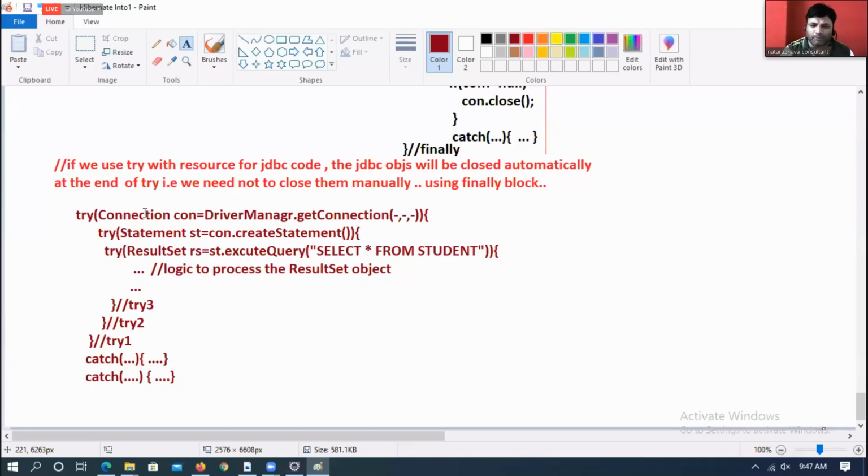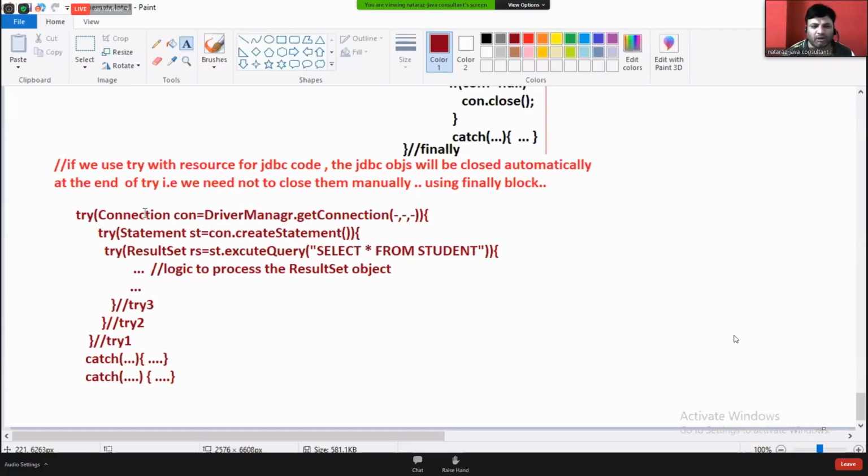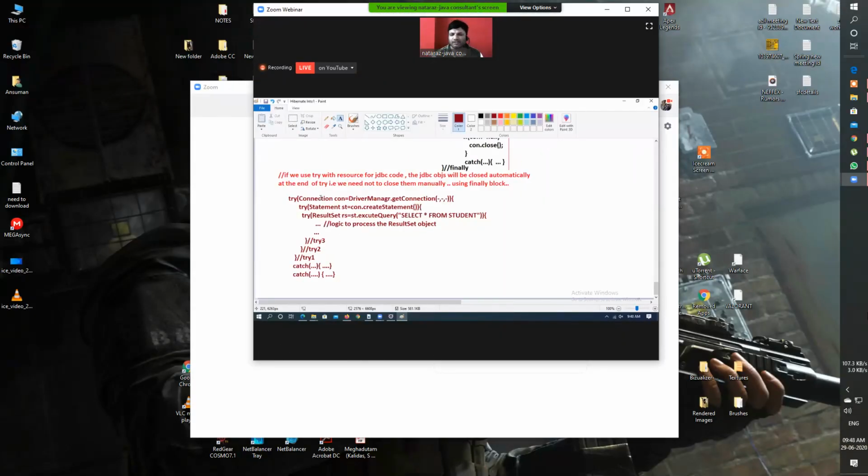But one problem is there with try with resource. We cannot do proper transaction management. That's why you cannot say closing JDBC objects in a finally block is a bad practice. Maybe an old practice, but not a bad practice.